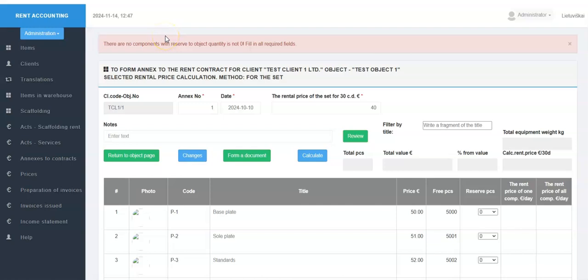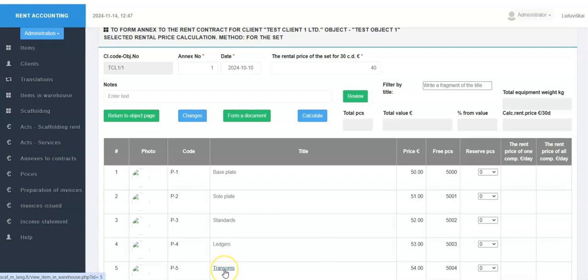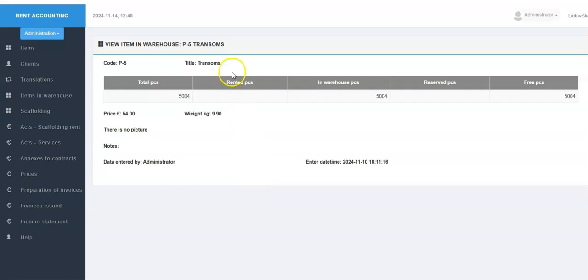From this page, by clicking with the mouse on the name of the component, we can open a page with all available information about this component in a separate tab of the same window. For example, if reservation requires the quantities of the corresponding component, then based on the information on this page, we could assess whether there is a possibility to get the required quantity by cancelling the reservation at another object.